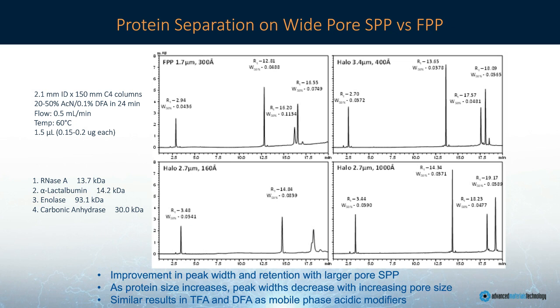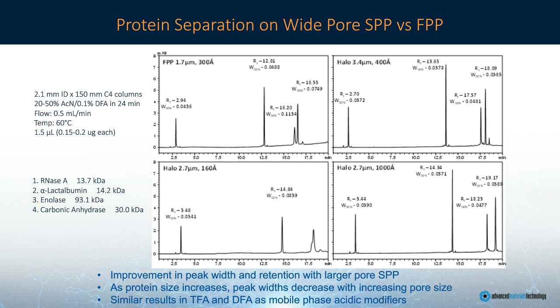So let's take a look at protein separation. This is a series of separations done using 4 proteins, comparing fully porous particle technology in the upper left-hand panel. This is a 1.7 micron 300 angstrom fully porous particle separation, and you can see